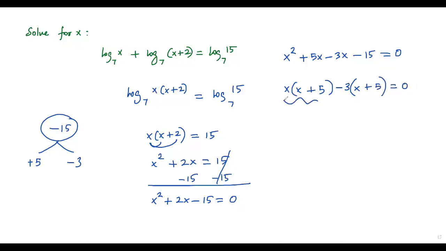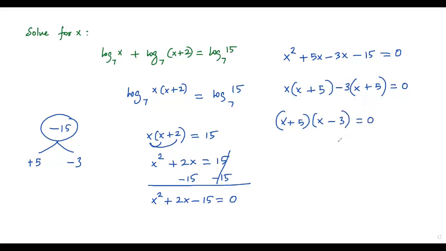Okay, now we have two terms. Both the terms are multiples of x plus 5. Because we have x plus 5 over here, here also we have x plus 5. So we can factor x plus 5 out from these two terms. To know what is left in the first term, I have to divide this one by the one we factored, that is x plus 5. This one will cancel out, and I'll be getting just x in the first term. To know what is left in this term, I have to divide this one by x plus 5. This one will cancel out. I get negative 3